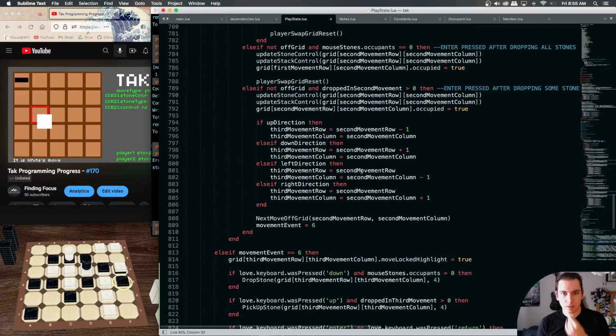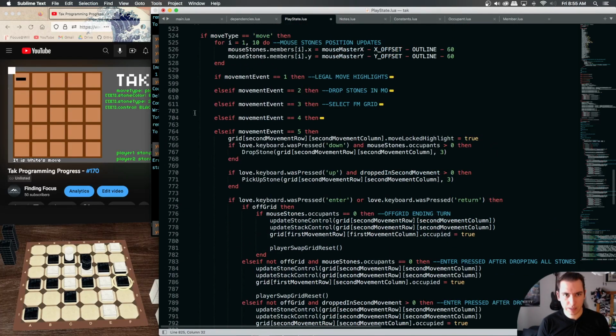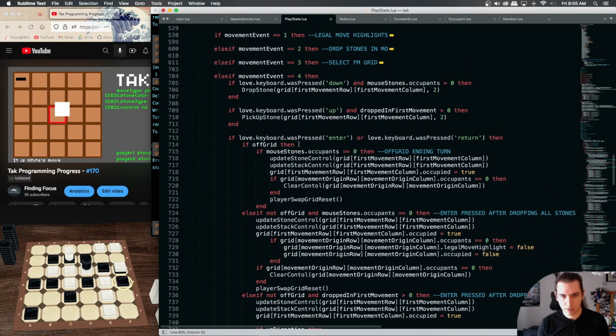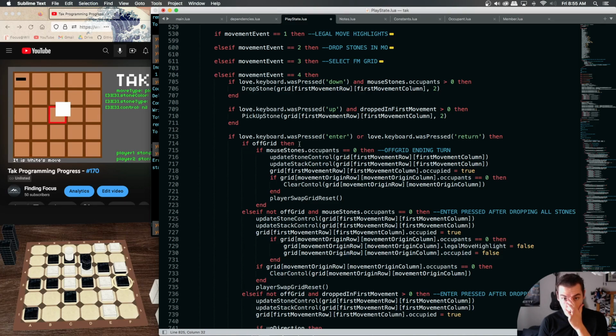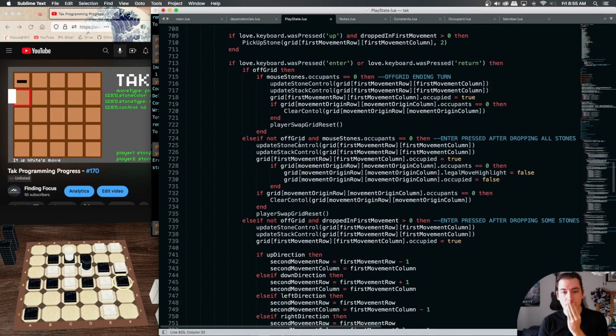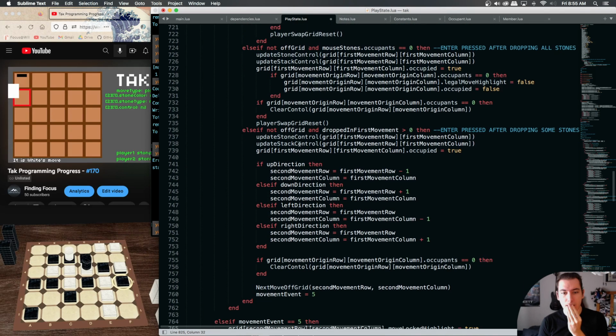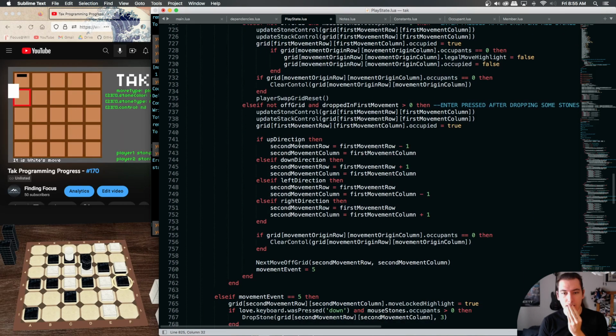Yeah, so if we take a look at our movement event 4, we need to see where we use this off grid. Next move off grid, right before